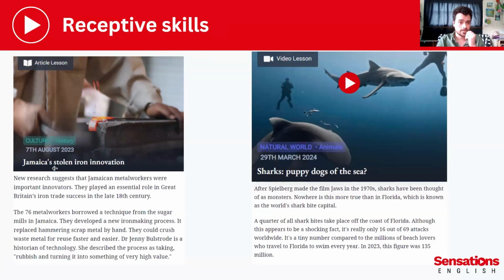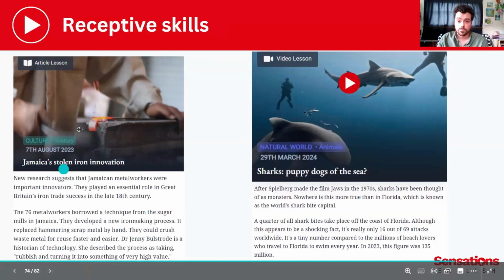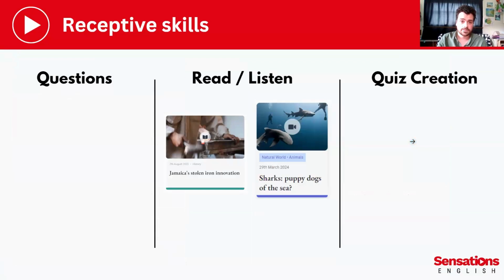You could jigsaw a lesson. One group of learners reads the article, one group of learners reads the script for this video, and then you can make some quiz creation out of that.